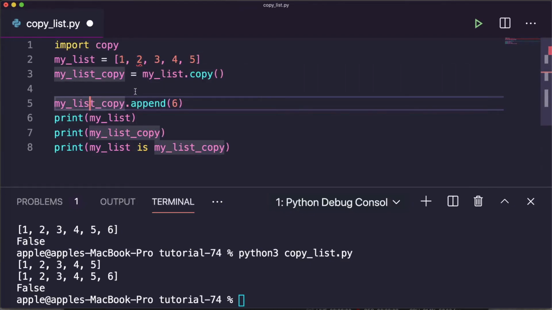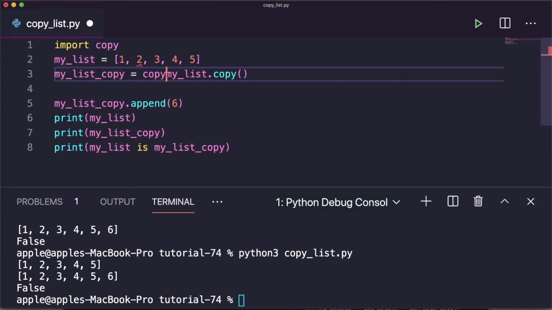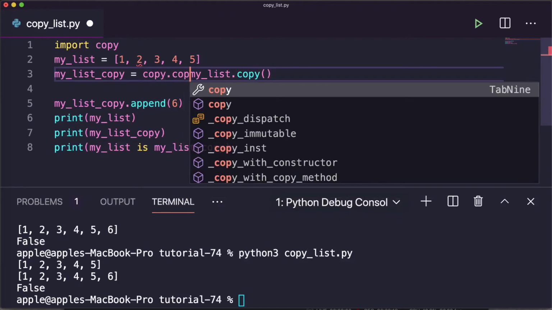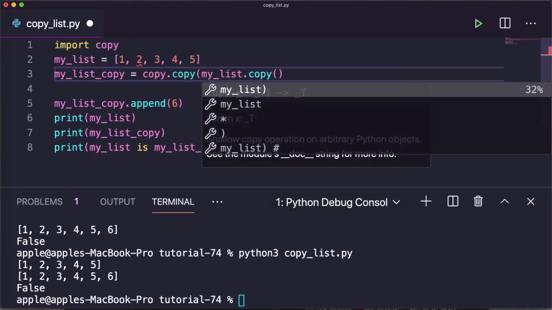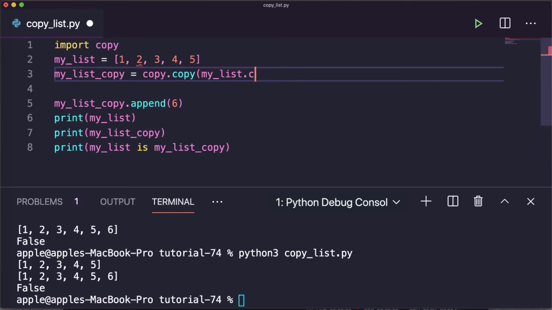Now we'll use this copy package to copy the list. So, copy and the list. Okay, here it is. You just remove this one. So this is how you can also copy a list in Python. Let me execute this.